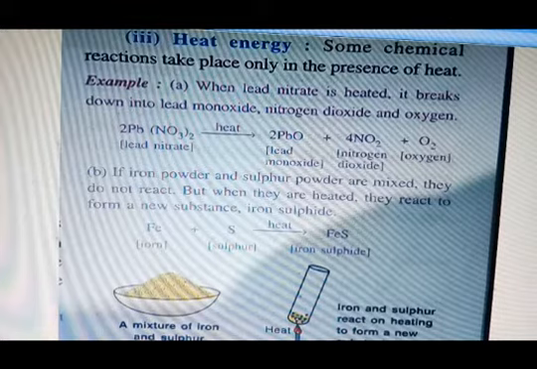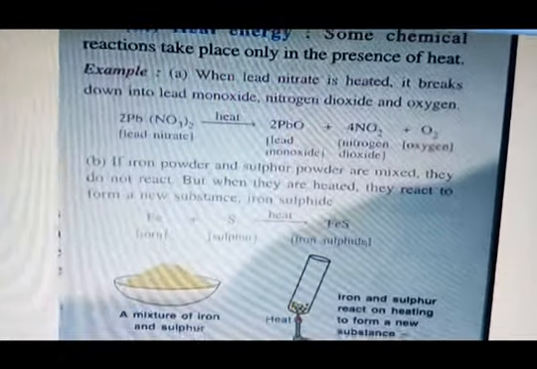Now, if you bring iron powder and sulfur powder in close contact, then they do not react. If you make solution of it, then also they do not react. But if you take the mixture of iron and sulfur in a test tube and start heating, then what happens is,